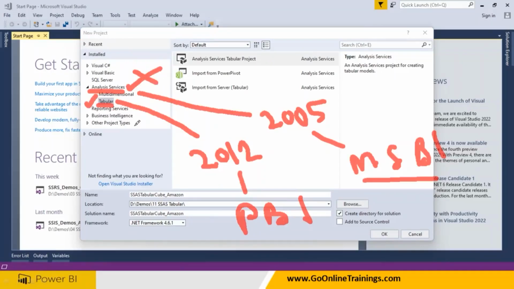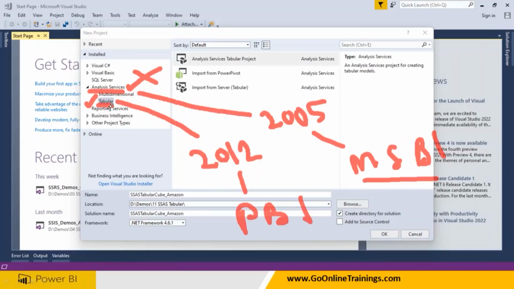Be clear: at the time of installation, if you choose the tabular model, then you can work on the tabular model cube. If you choose multi-dimensional, you cannot use tabular. It is either this or that; both of them on a single computer will not work.